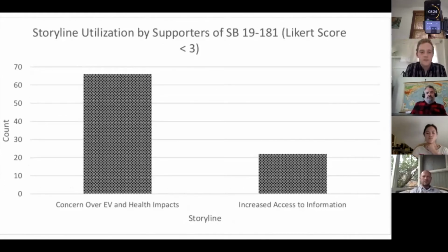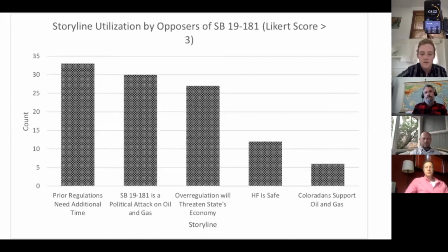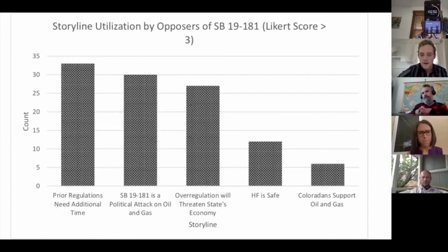Next, I looked at the main argument storylines that were being utilized in these debates. And these were also identified by me. So the supporters of the Senate bill often were concerned about the environmental and health impacts of fracking, and were also drawn to the increased access to information about fracking that the bill brings. And people who were opposed to the Senate bill had a much wider array of arguments against it, primarily saying that prior regulations need additional time, that the Senate bill is a political attack on oil and gas, that overregulation will threaten the state's economy, that fracking is safe,